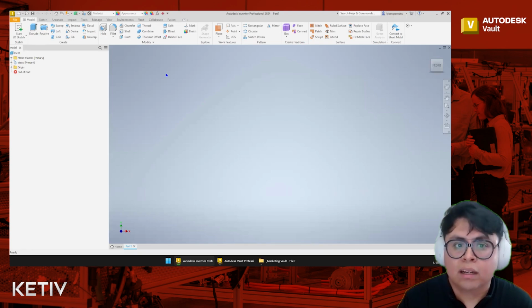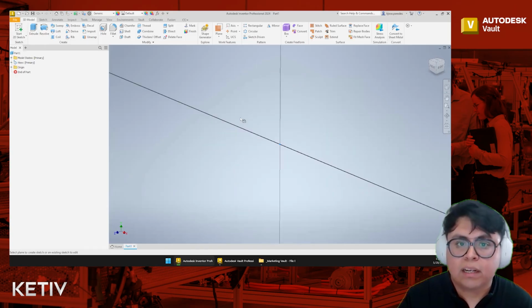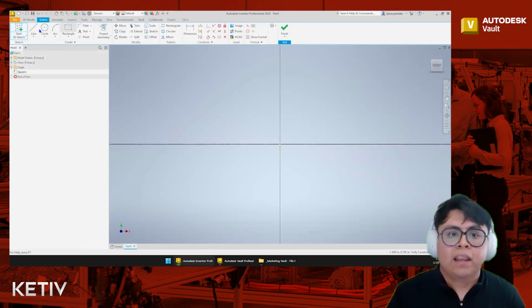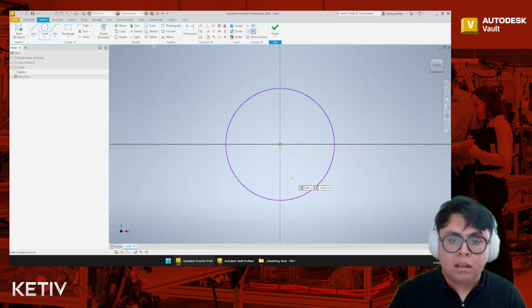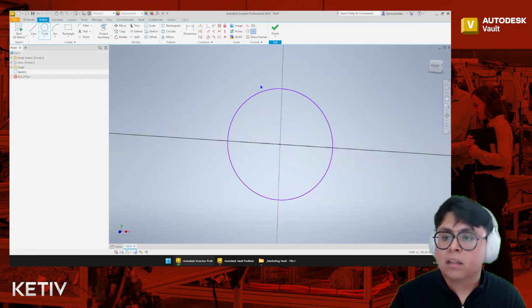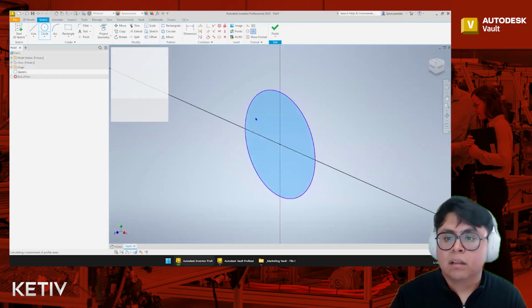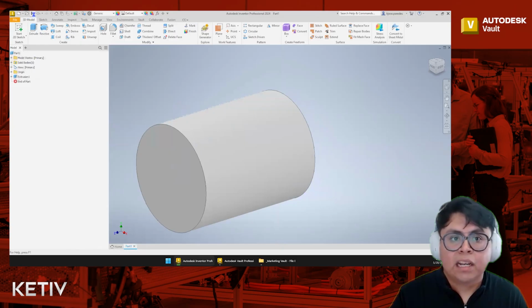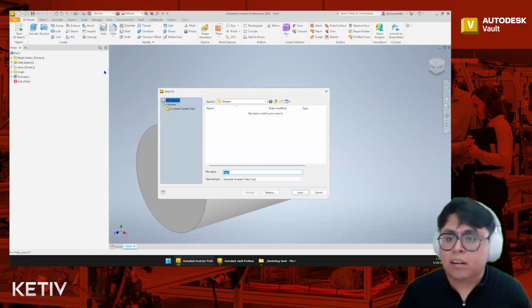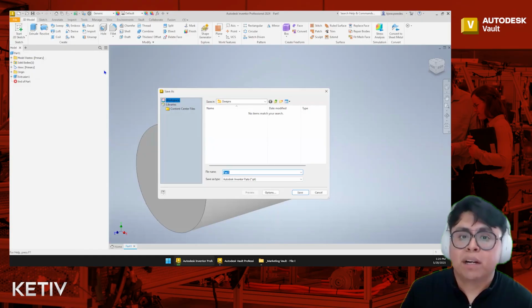So again, this is my infamous training part. We're just going to go ahead and create a pin and then extrude it and then save it. Now when we save it, we talked about this earlier, the folder structure should mirror whatever